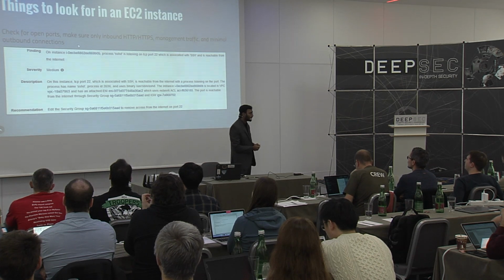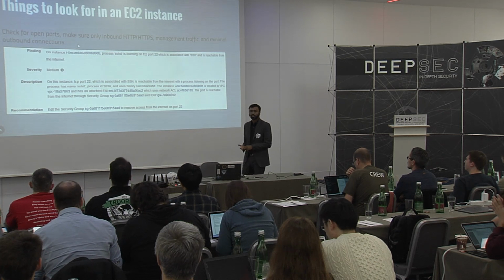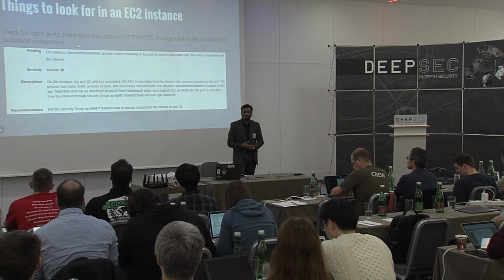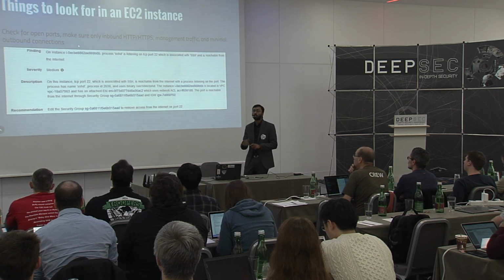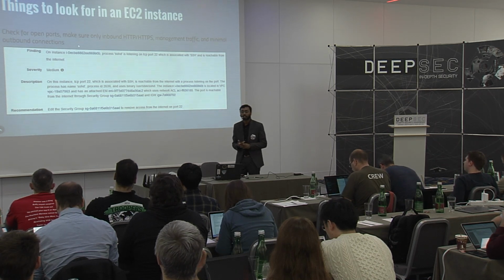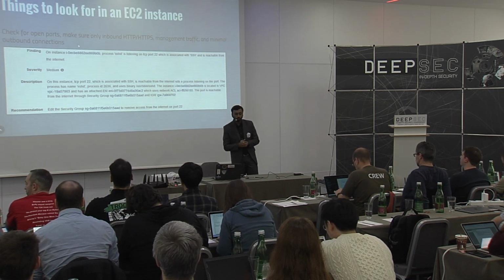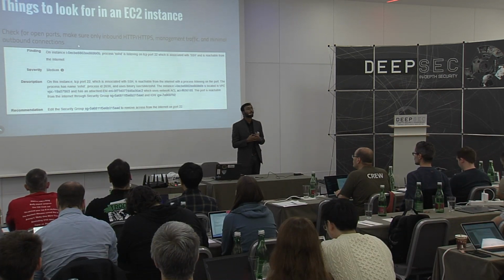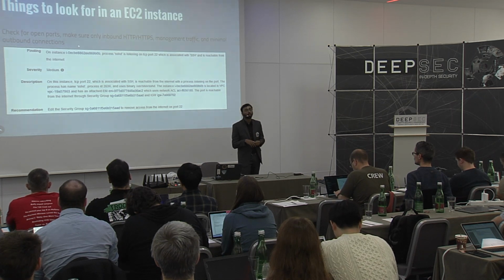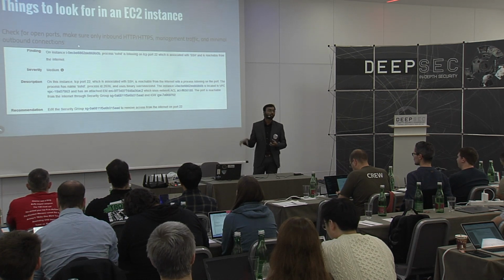Okay, so now we have gone through IAM, we have gone through S3 buckets and pen testing them. The third and the most important thing to look out for is an EC2 instance. So you might get a lot of IP addresses, or a lot of EC2 public DNS names revealed on the internet, or you may be interacting with a lot of websites. The next step could be to check what exactly is the security posture of an EC2 instance, because at the end of the day a database or an application server may be relying on the fact that the EC2 instance is taking care of all of that.